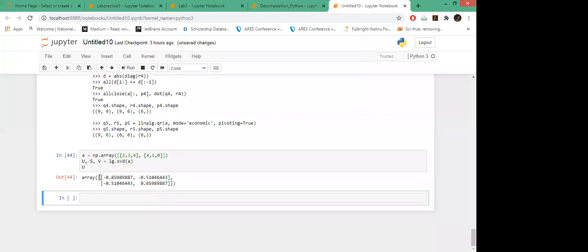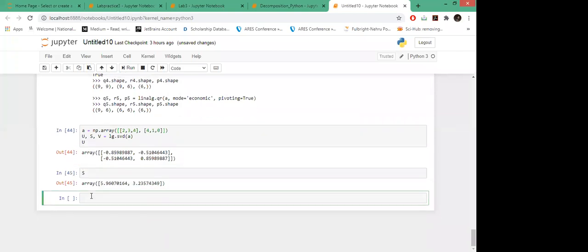This is your U, and then let's see what this S is. So these are your singular values, which are the square roots of the eigenvalues of this particular matrix.